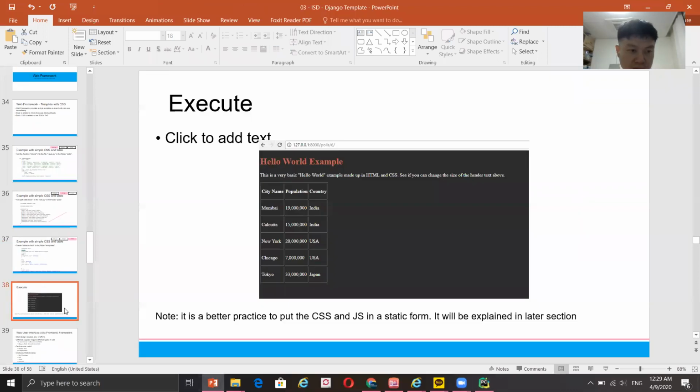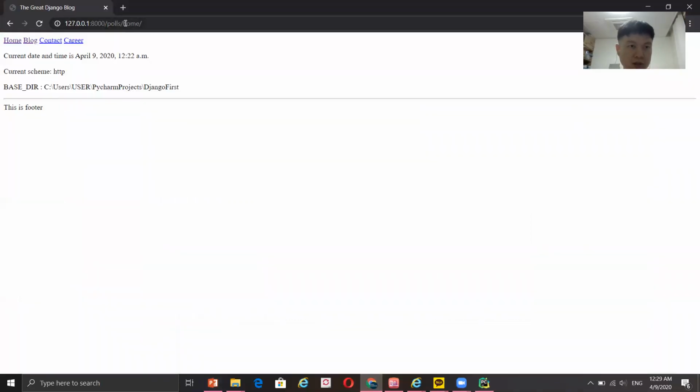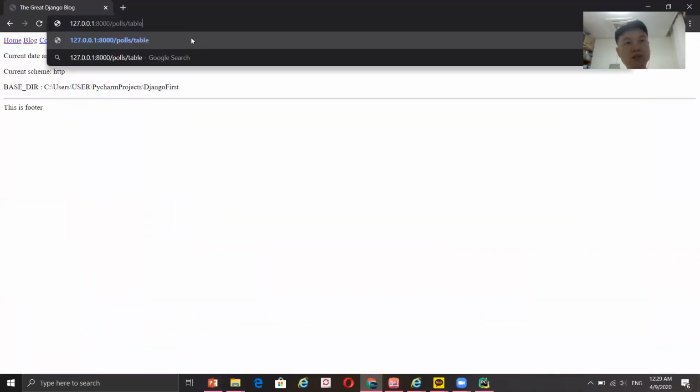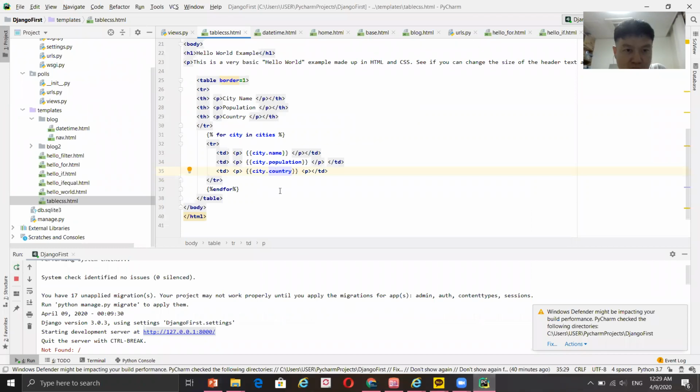So if you run, then you will get something like this. Let's see, it's not home, but now we change to table CSS. Yep, you can get this one. So the coloring is changing according to the style that you created. In this case, the city names are Mumbai, Calcutta, New York, Chicago, Tokyo. And if you check on the code,